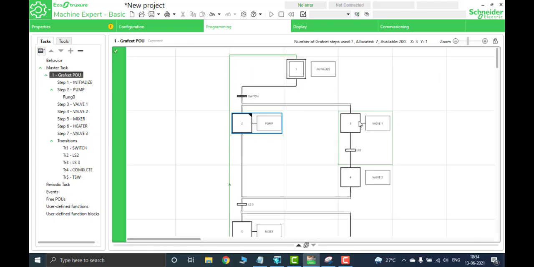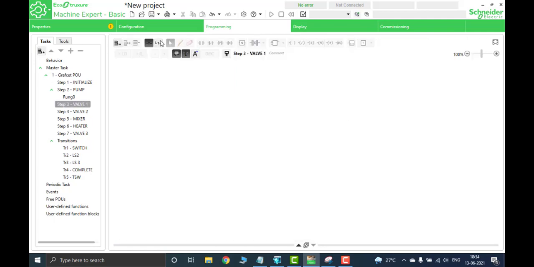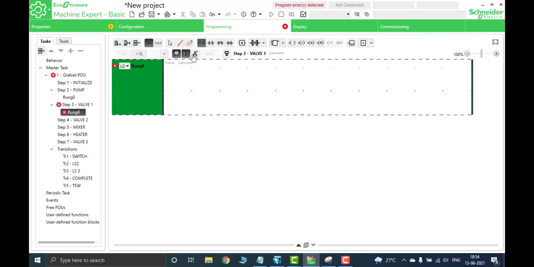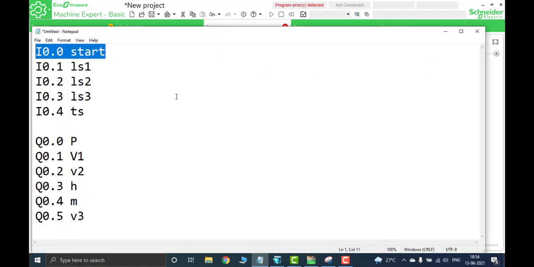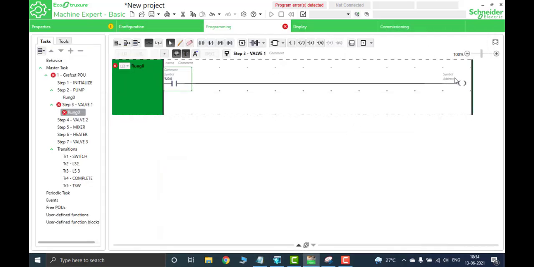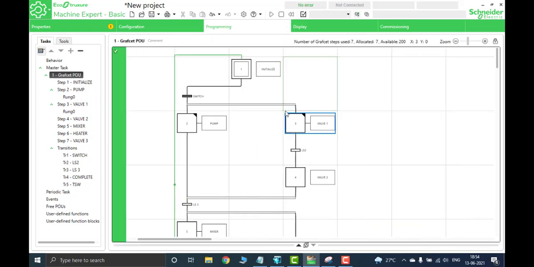My pump will be on and the valve 1 should be on. For the same condition, I'm adding a new thing, input and output the same, I0.0, and the valve 1 output address will be, you can see, valve 1 is Q0.1. So naming it as Q0.1. Getting back, and when the LS2 is on,